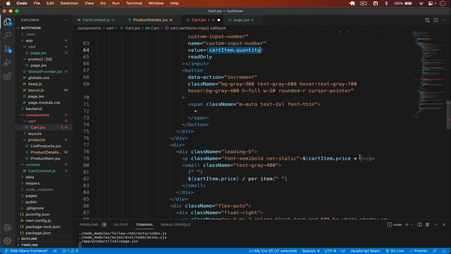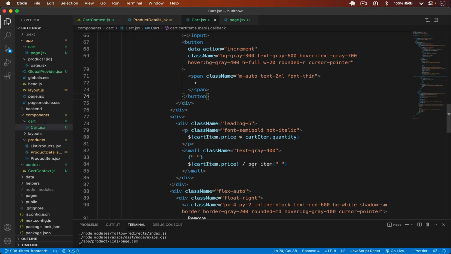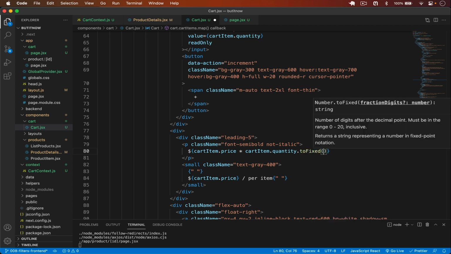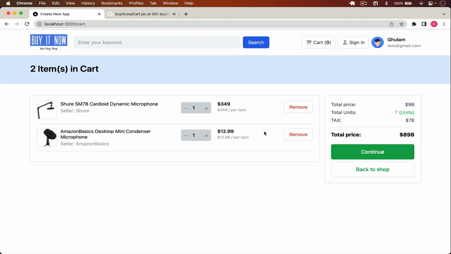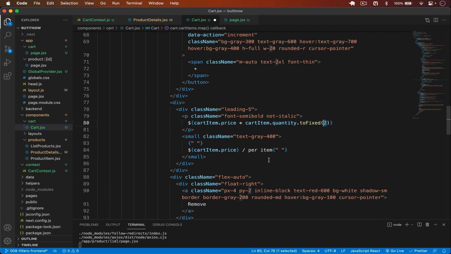Okay, if I simply save it and paste that here, go back, and now you can see that here we get 34912.99. Okay, and now also I will use here dot toFixed. I will fix it to only 2 decimal characters, otherwise it will be 349.5 and 6 numbers after that. So I will restrict that to 2, so it will be 2 numbers after the decimal. All right, and then